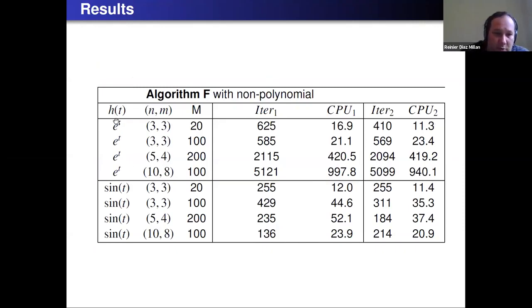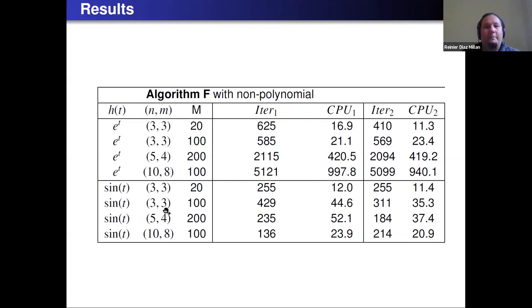In the first case, we took the function h of t, the exponential of t, and we tested several degrees from the top and the bottom, and several quantities of points. The numerical results show that, of course, when you choose a bigger degree, they will spend more time and more iterations in both those cases. And the second function we used was, instead of e of t, sine of t, with